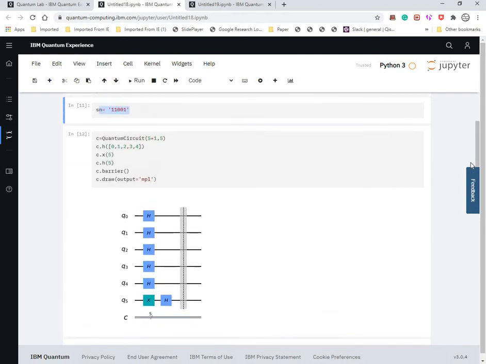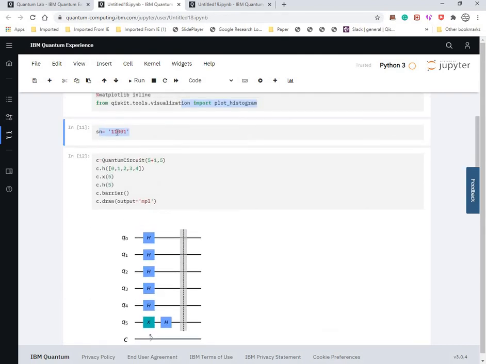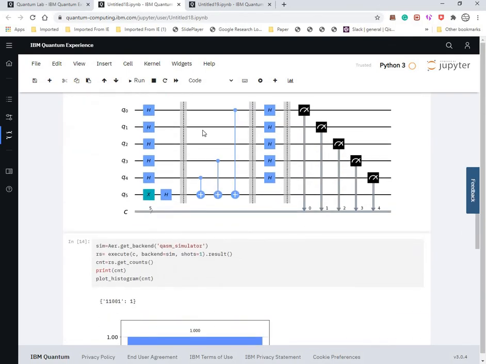As I said earlier, the secret number is 11001 that I hid in the box, and I get the circuit accordingly.